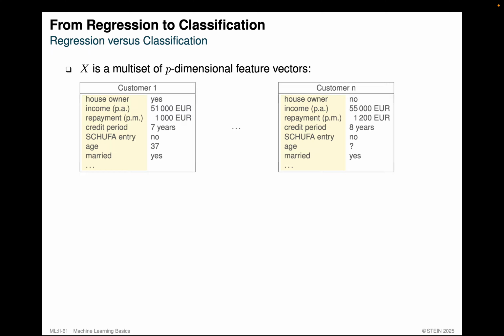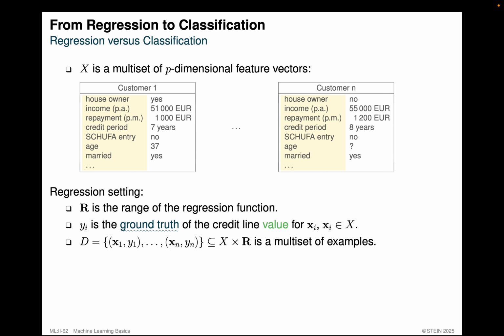The starting point is something that you already saw in the beginning, namely the prediction of whether customers of a bank are creditworthy or not. But we could also solve a different kind of problem here, given a set of n customers who are represented in a p-dimensional vector space, namely a regression setting, a regression problem. We could try to predict their credit line, so how much of a credit they are worth, given the data